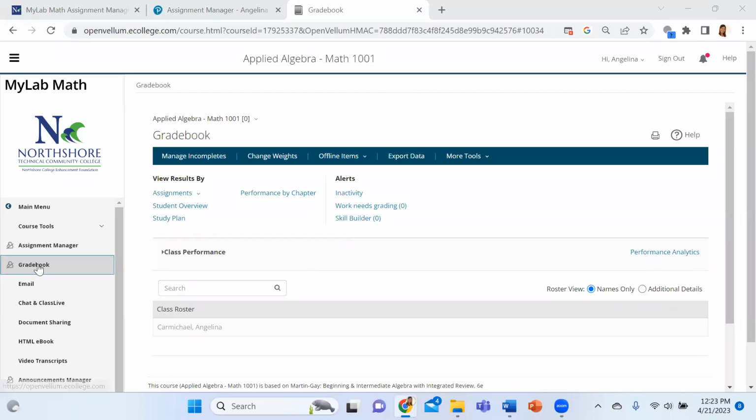Inside of your MyMathLab Gradebook, I'm going to show you how to add offline items. So an offline item is something that the students completed in class and turned in to you, and you want to add that to your MyMathLab Gradebook. So if they completed a project, a group project, or an activity, and you want to add it in, so you'll